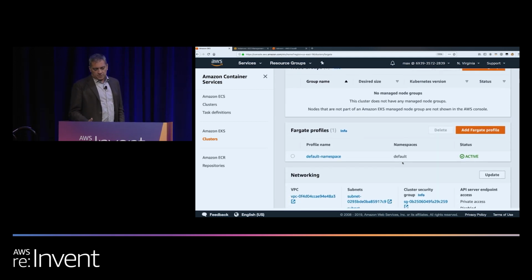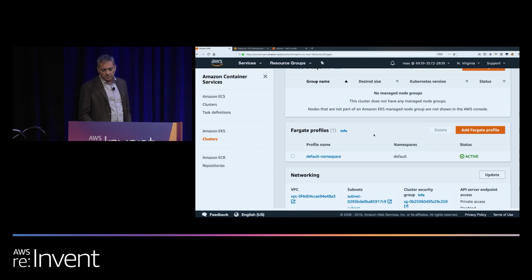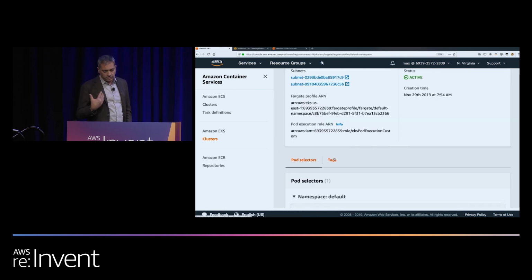The thing that we announced this week is these Fargate profiles, right? The difference between last week and this week in the EKS console is that there is now this entry called Fargate profile. I have created a Fargate profile already that is called default namespace, and this should give you a hint.